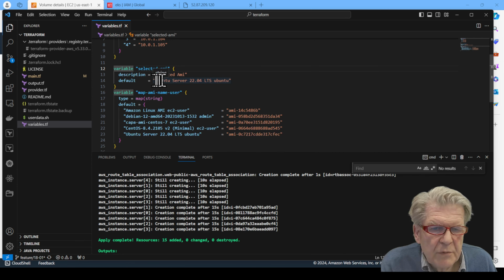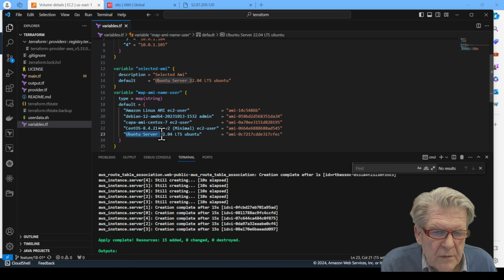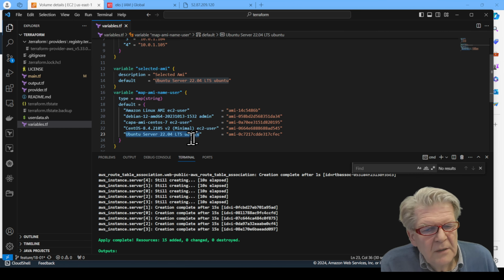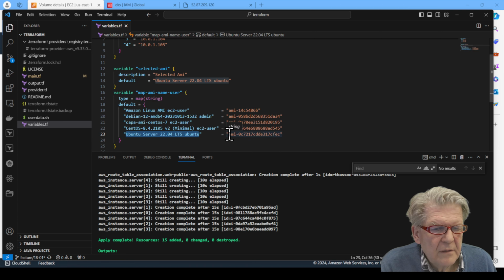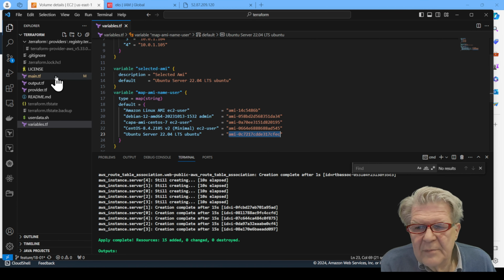It is Ubuntu Server 22.04 LTS. This text, with this key, I will find this AMI, and that's what's happening in the main